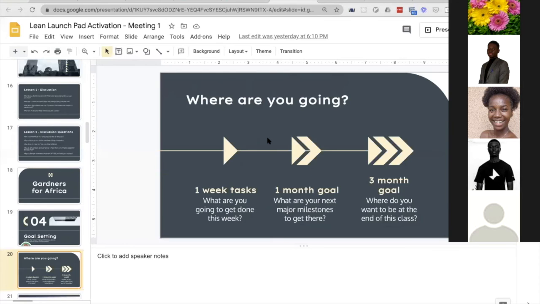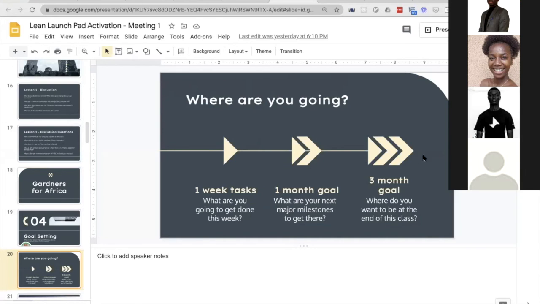With that, we have like 9 minutes here, so I'm just going to do breakout rooms for 5 minutes and talk with the people in your group about what your goals are for the end of this class. So you're trying to set your 3-month goals, and then you can write them down afterwards. Does anyone have any questions while I throw out the breakout rooms? I'm just going to open up the same rooms again, basically.